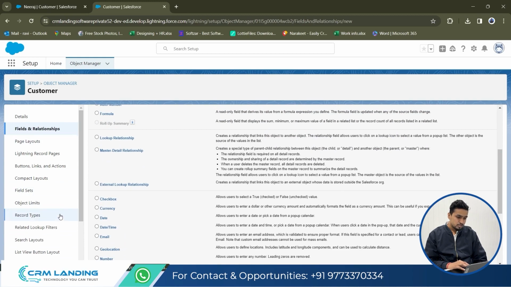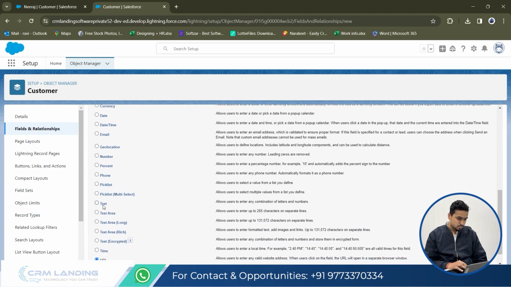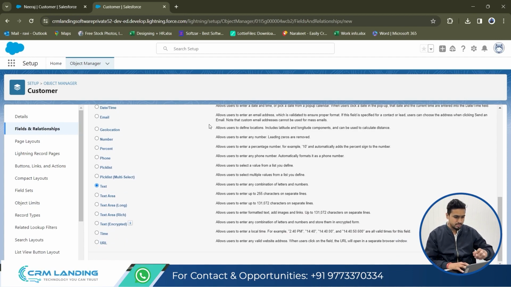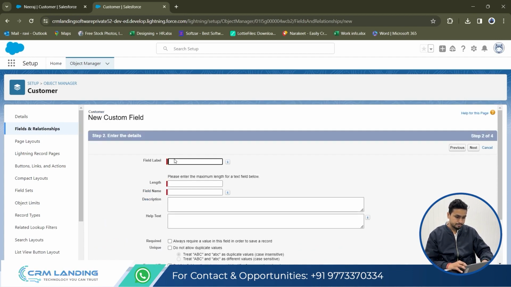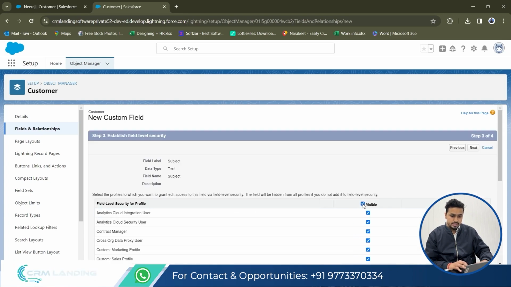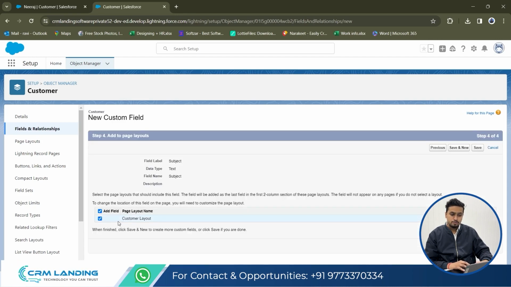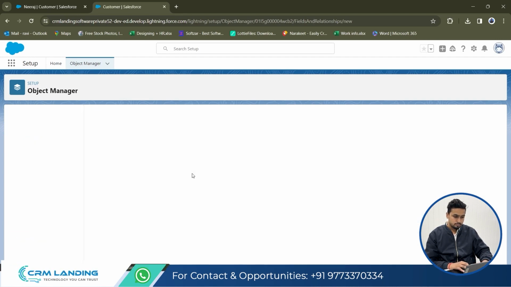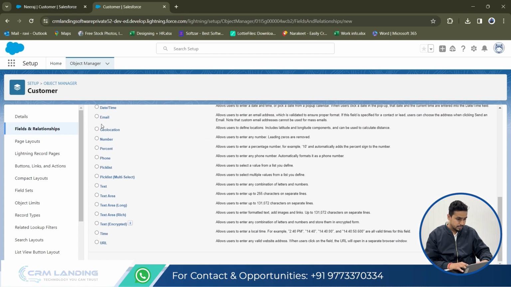So in order to cover all these points, let me create a few fields here so we can cover that as well. Let me create the subject. Here we need to give max 255, we can give less as well. Okay, this field should be visible on which profile user, so that we can capture from here. Do we want to add it in the page layout? Yes, I want to add. All right, let me add